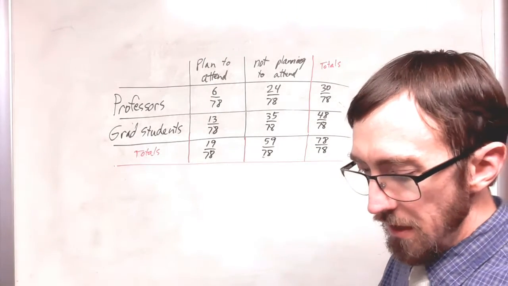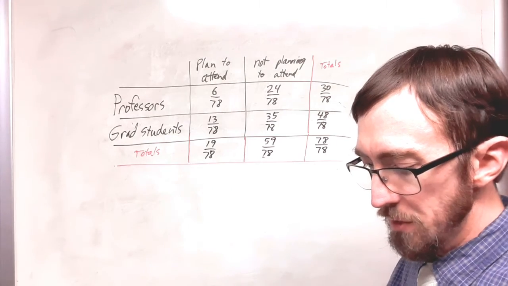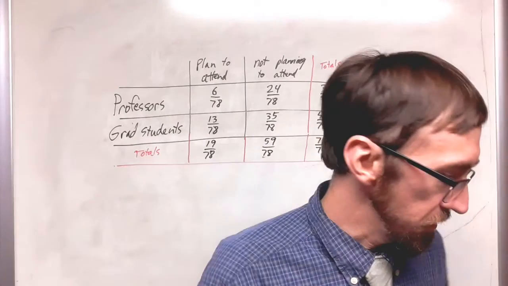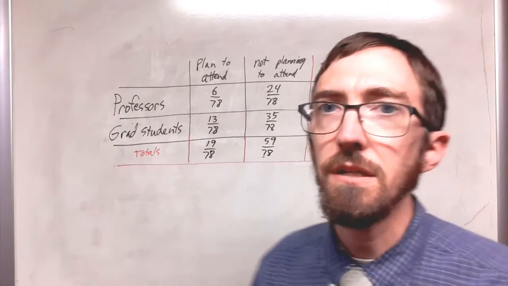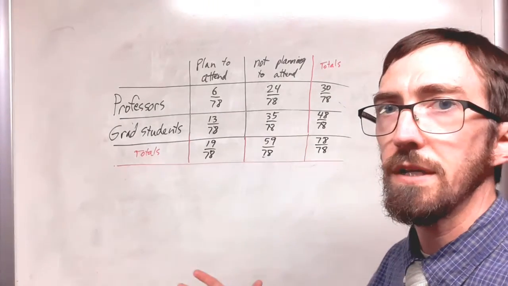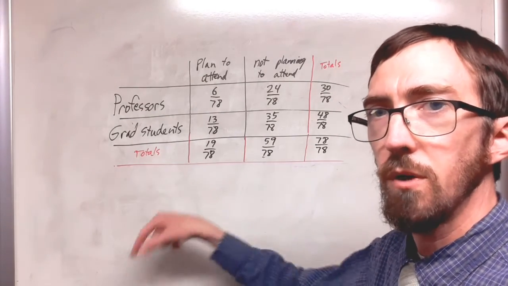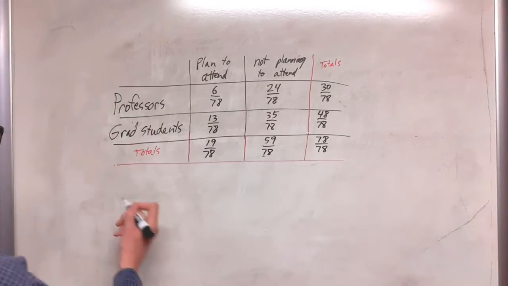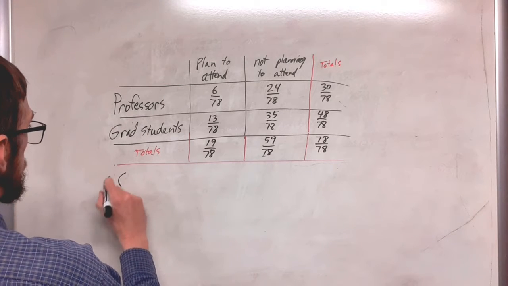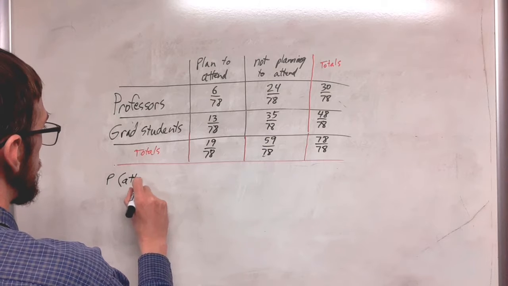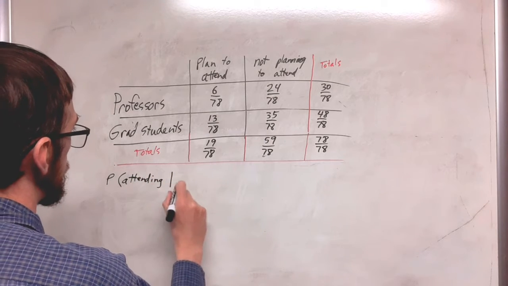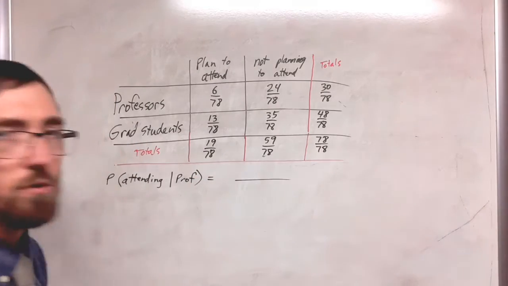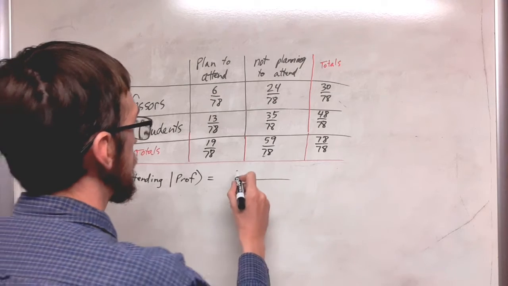The first question is, find the probability that the person is attending the Colloquium given that the person is a professor. This is a type of probability where we know one thing has occurred, and knowing that, we want to answer the question about the second thing occurring. So we are looking for the probability that someone is attending given that you know they are a professor. And so this is going to be the probability of attending